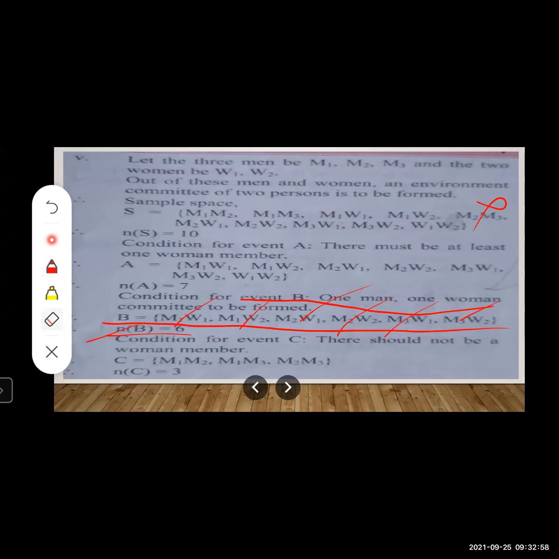So again, let us move to the sample space. We want only men, right? So M1, M2, both the men. We don't want a woman. We want only men. So what is coming? M1, M2, M1, M3, like that, and M2, M3. So how many sample points are there for the event C as our favorable outcome? 3. Yes, 3. So you will write n(C) is equal to 3, right, students? I think you must have understood this. Let us move to the next slide.